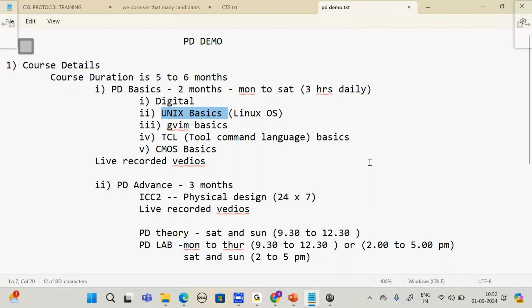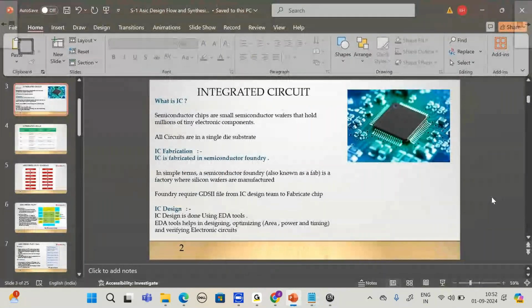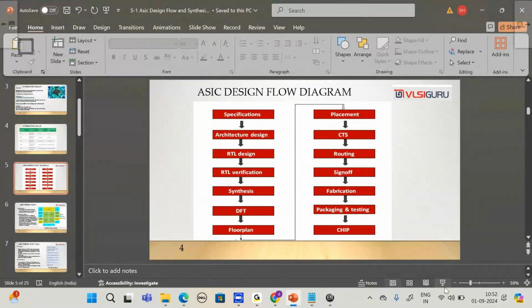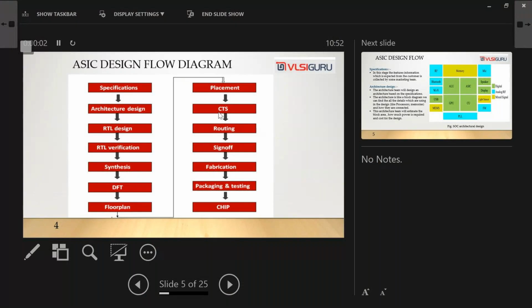So now, what is the role of PD engineers? To understand what PD engineers do, first we will go to the basics of ASIC design flow. So this is your ASIC design flow. Start with specification, architecture design, RTL design, RTL verification, synthesis, DFT, right? Till this,